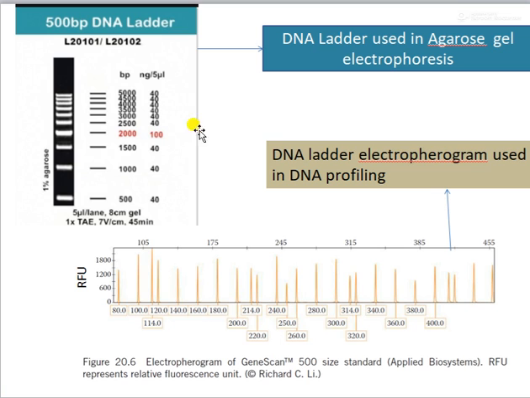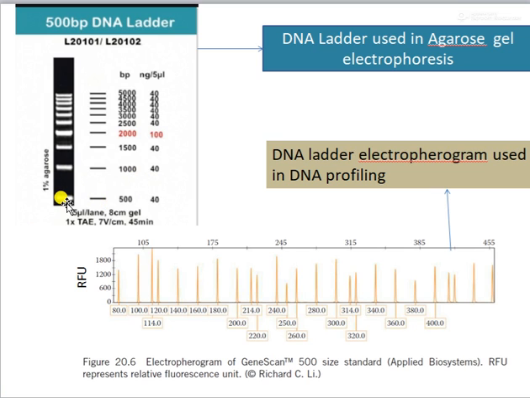Now, another picture which I would like to show you. During normal gel electrophoresis, you run a DNA ladder so that you can know the base pair size of each band. This is a 500 base pair DNA ladder which you can purchase. It's a standard ladder, and there are different fragments of DNA sets, where each fragment represents so many base pairs.